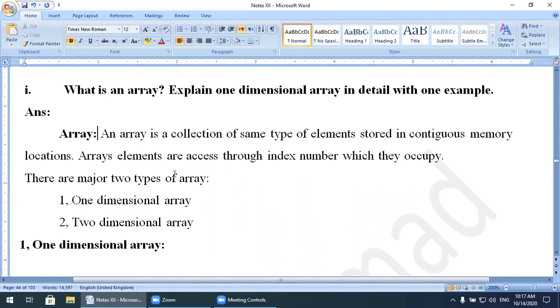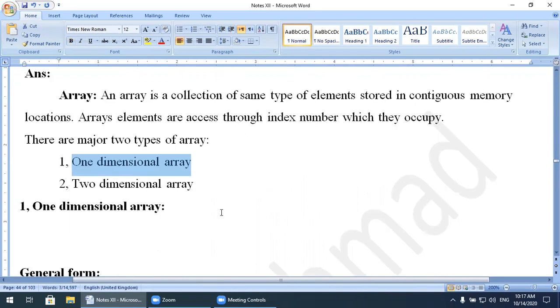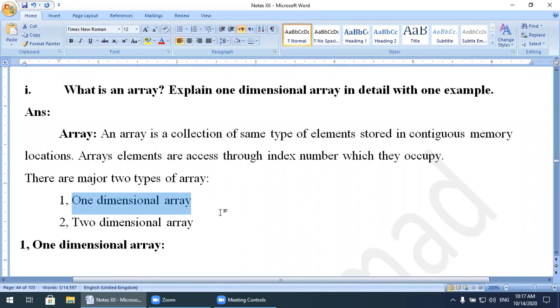There are two major types of array. Number one, one-dimensional array. Number two, two-dimensional array. One dimension means when an array has a single dimension, the data will be stored in a single dimension, either the x-axis or the y-axis. So this one is called one dimension.